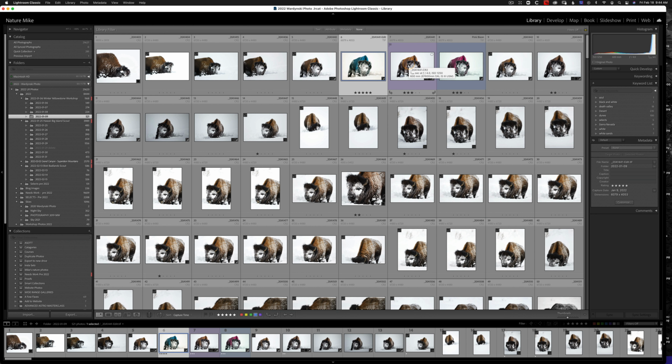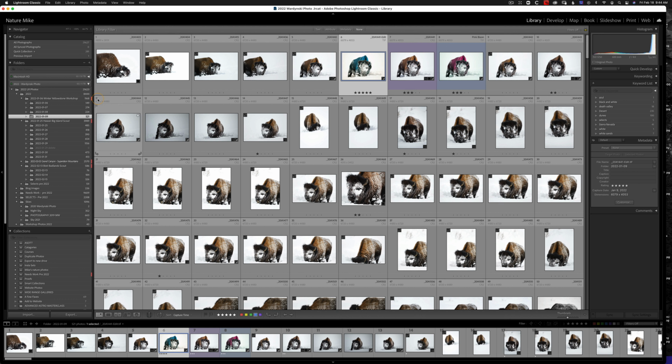And so sometimes this happens: you're working, you're editing, and then it just doesn't come back into Lightroom. No matter how hard you search for it, it's just never going to be here. So there is a way to synchronize the folder on your hard drive with your Lightroom catalog. I know that sounds a little confusing, but basically what happened is you saved in Photoshop and you chose the